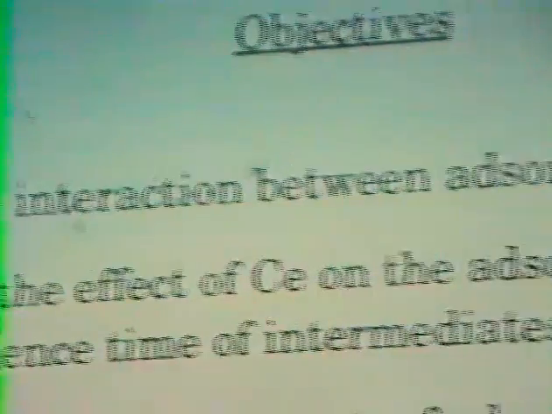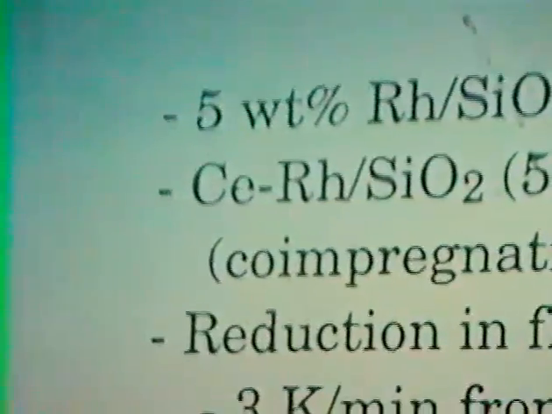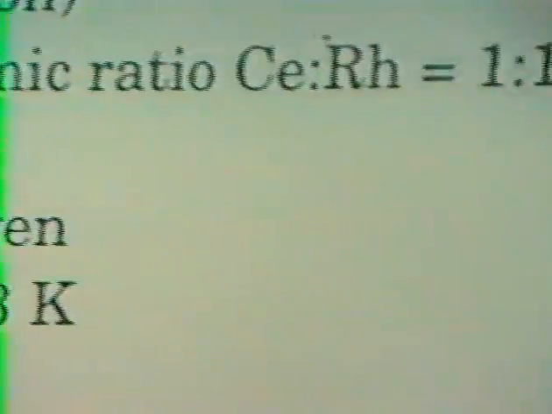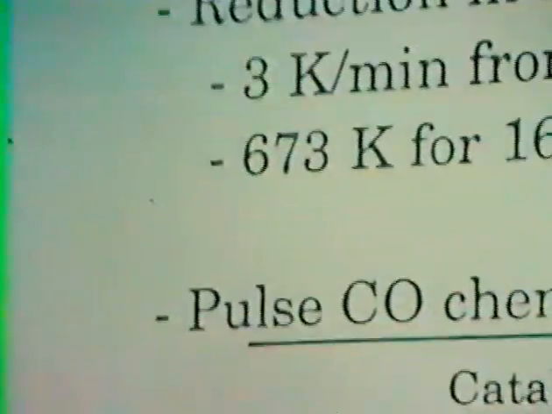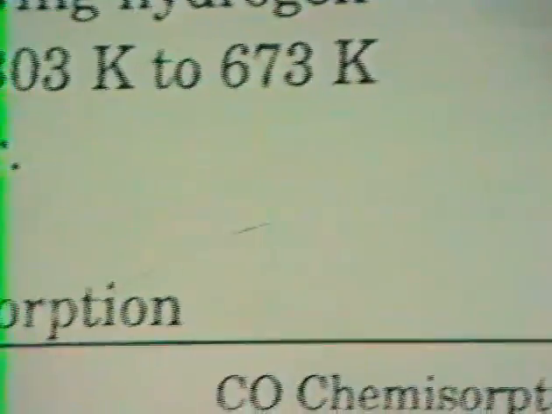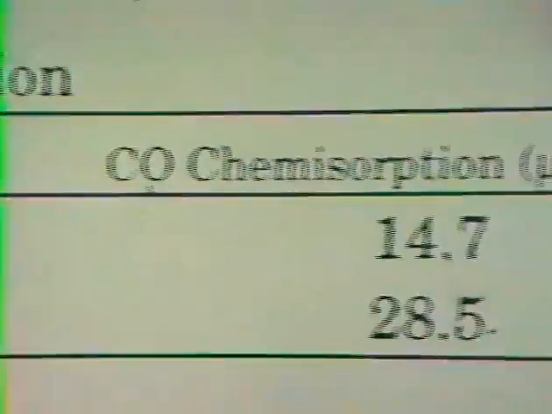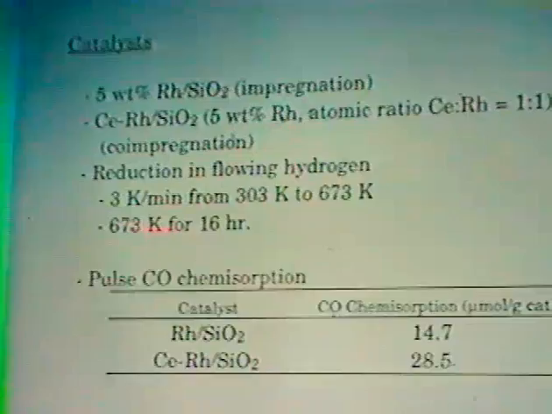The catalyst we use for this study is 5% rhodium on silica. The reason we use high rhodium loading is that when CO adsorbs on high rhodium loading, it gives linear and bridged CO. Most commercial rhodium catalytic converters use around 0.5 or 0.2% rhodium. Here we use the high weight percent loading, which we have also used for CO hydrogenation and higher alcohol synthesis.